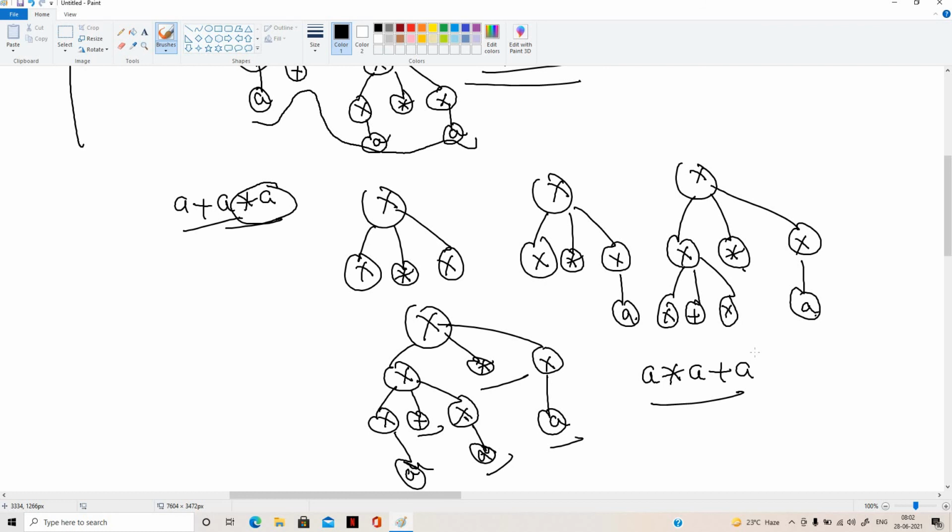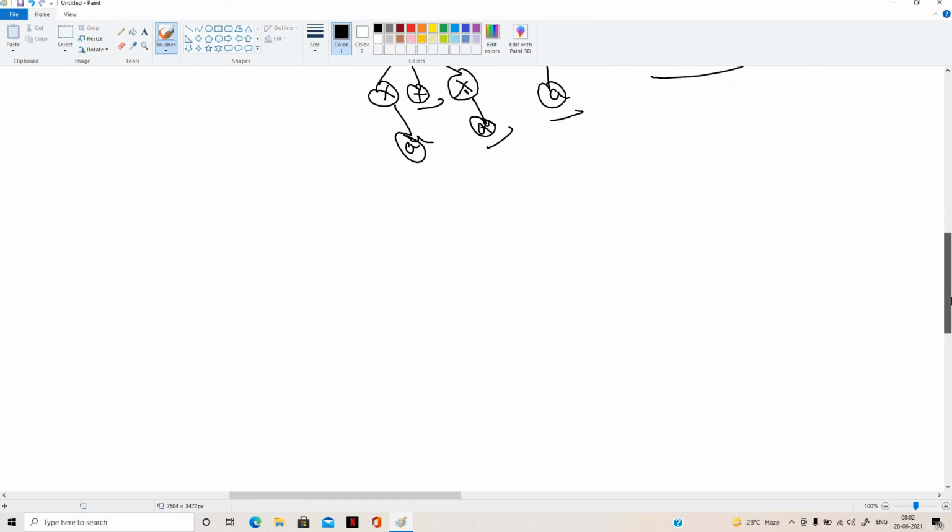Next we discuss ambiguity. Ambiguity is nothing but, when you have a context-free grammar and you are able to derive a string with more than one derivation, then we call that grammar ambiguous.